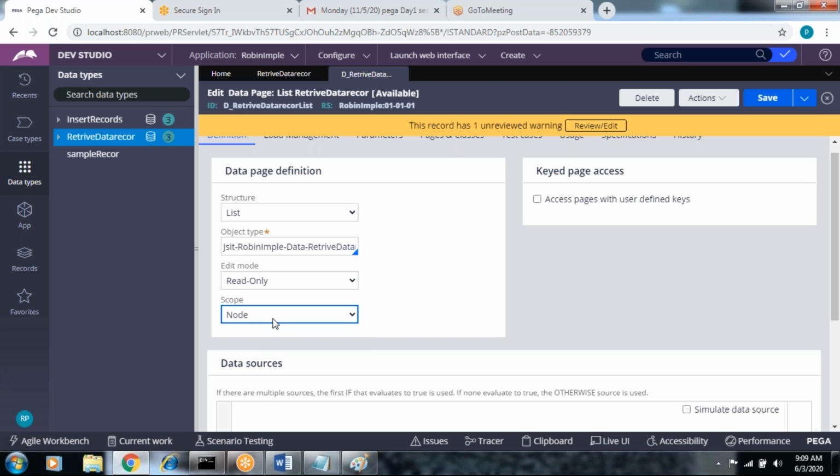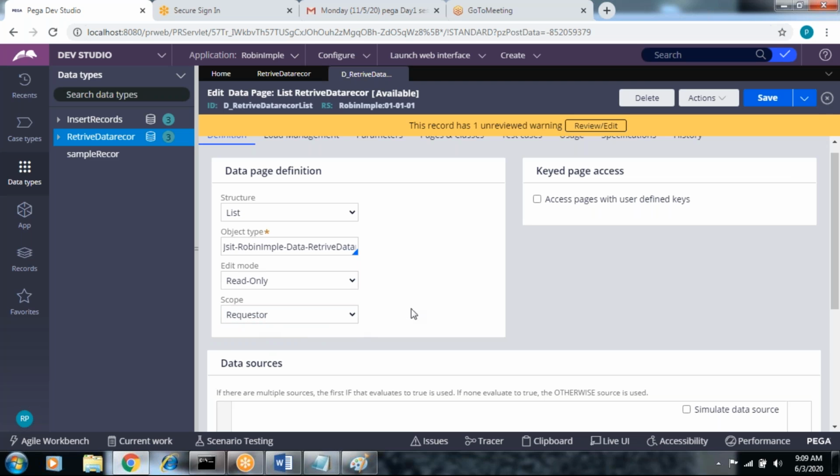Got it? Suppose you want to give access to only one operator with multiple work objects. The data will be shared with that one operator for all the work objects associated, and that operator wants to access the data across multiple work objects.